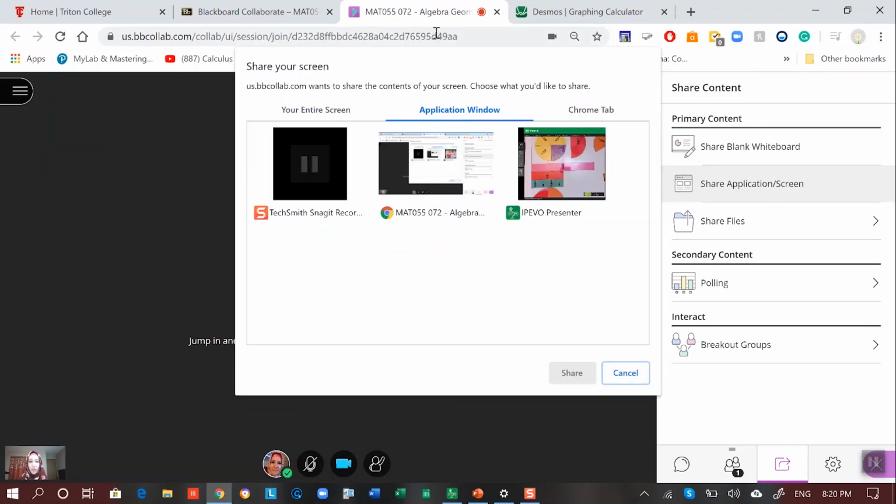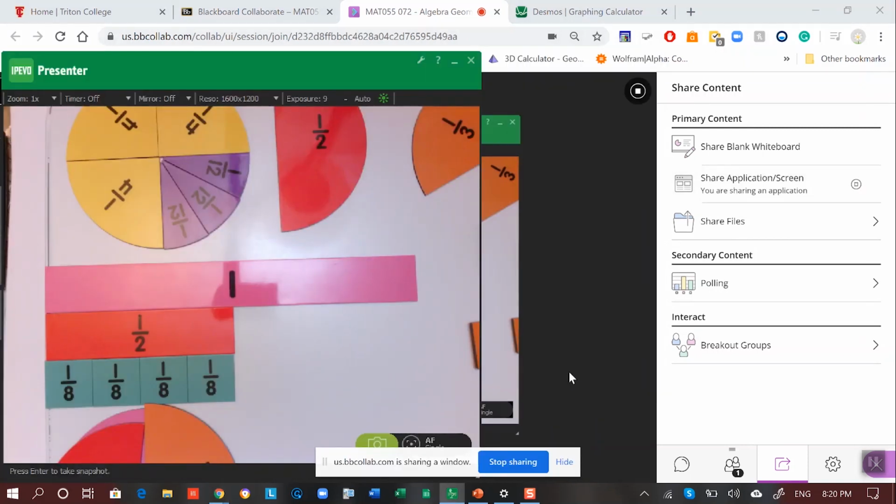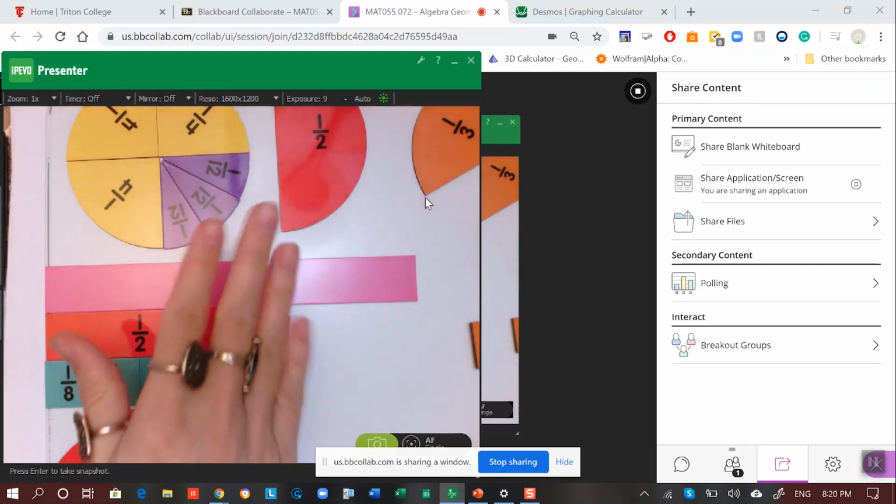Now I want to show you how to share document camera. I already had the app downloaded to my computer. I will show you how the document camera looks, but let me use it first. You can zoom, you can change the resolution. I will actually keep auto resolution off, because when you move your hand under the document camera, you see my